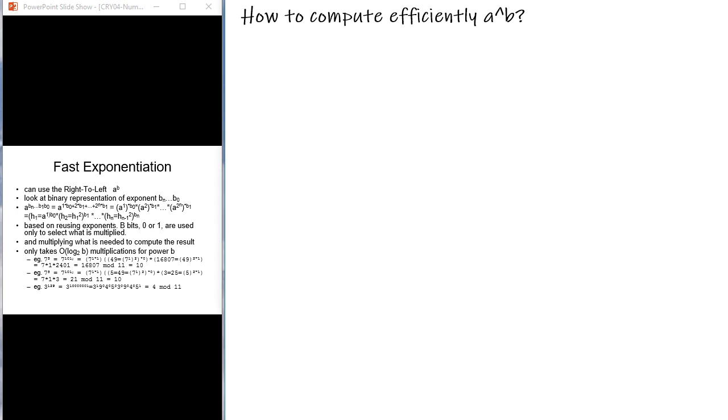So we are trying to compute a at power b mod some number n. Obviously, for very large numbers, it doesn't make sense to compute exponentiation without a modulus. The result would be too large to represent and to handle. We want to work always modulo some number, which itself could be big, but not too big. Thousands of digits is enough.